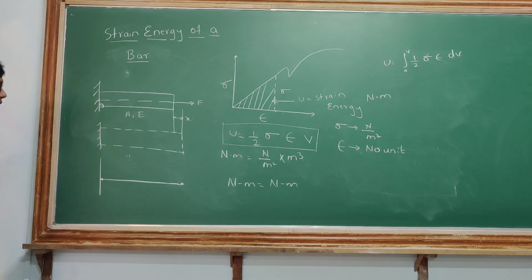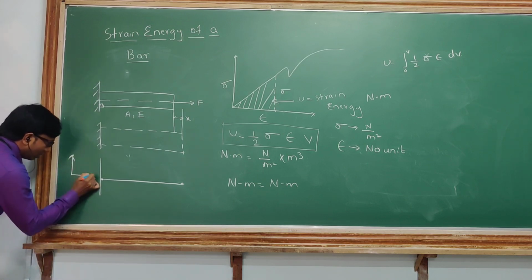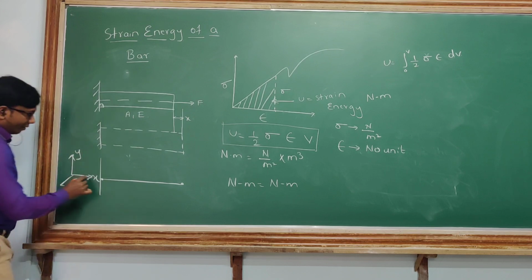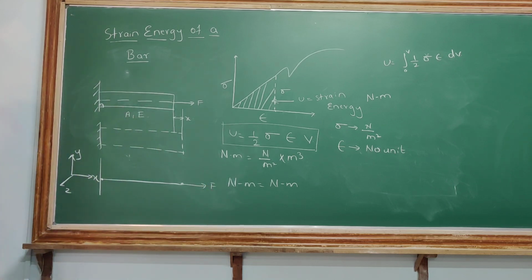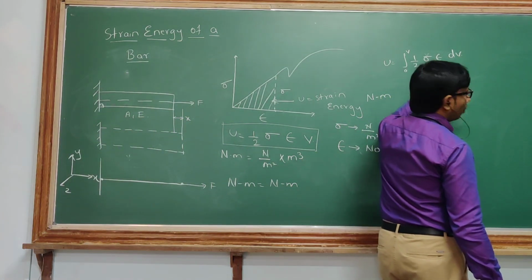What are the assumptions we are taking to convert this? I am interested in calculating the displacement only in one direction. For example, if I draw the coordinate axes here, x, this is y and this is z, I am interested in calculating the stresses only in this particular direction. In that case, we will assume the area to be constant. So I can convert this particular problem into 1D analysis.